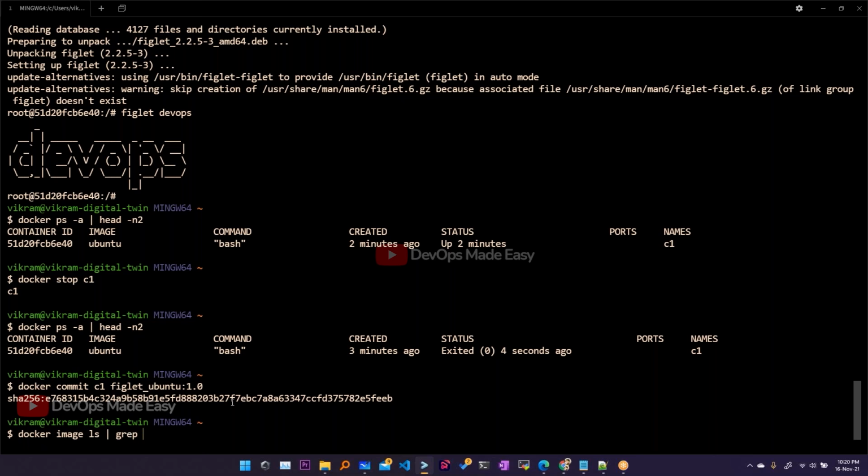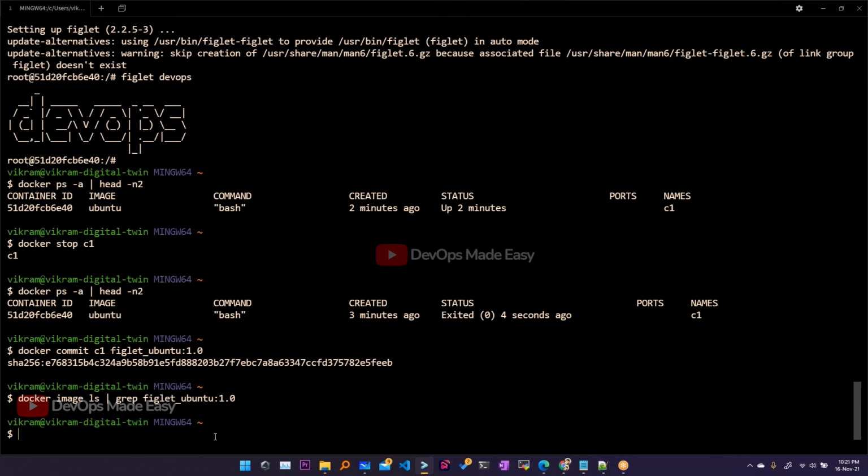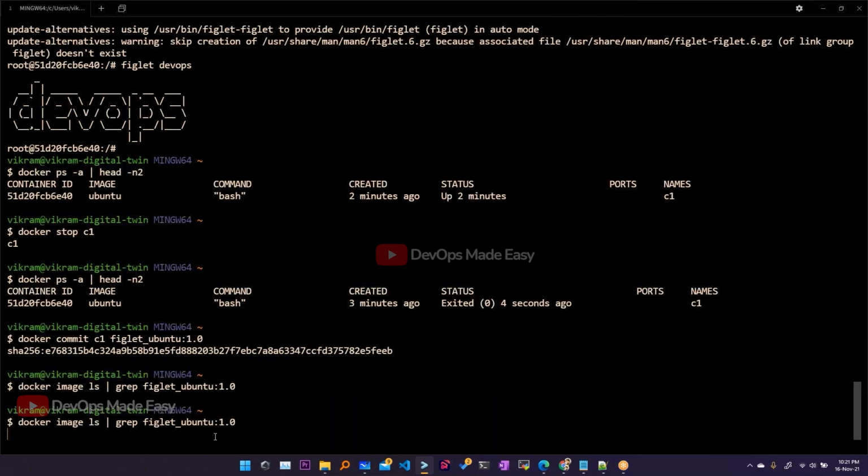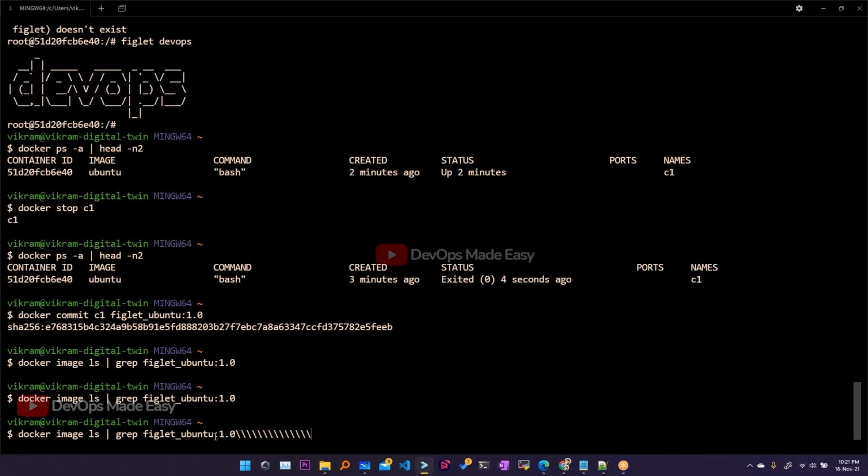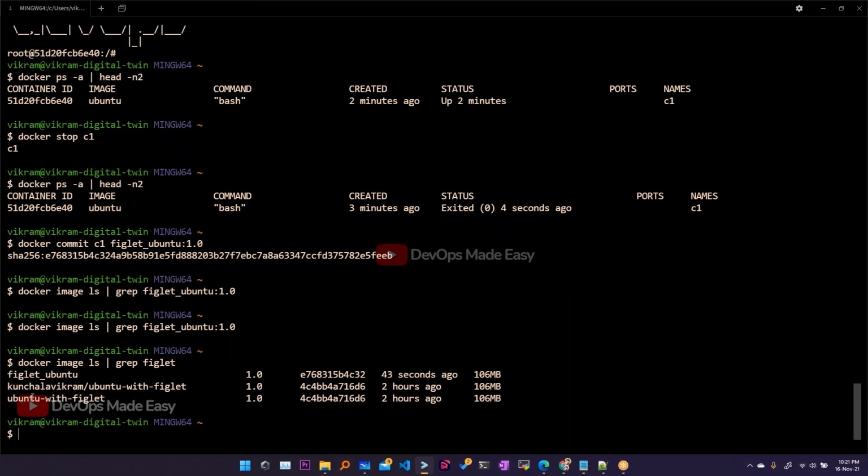But I'm just grepping so that I get the exact image, because I don't want the complete list. Let me grep for figlet. See here, there, right? Figlet Ubuntu.